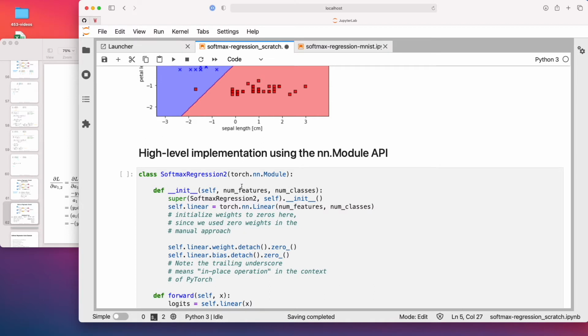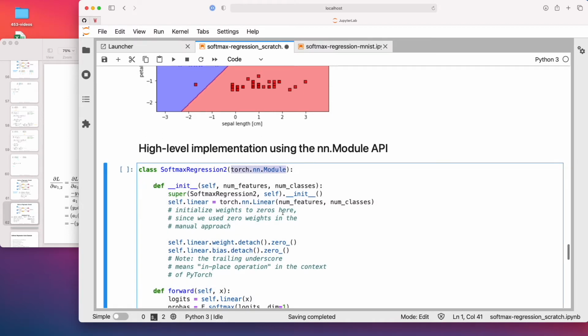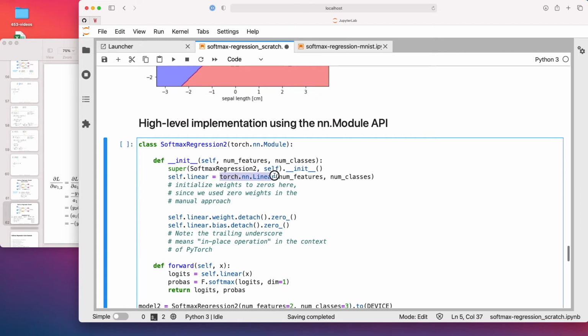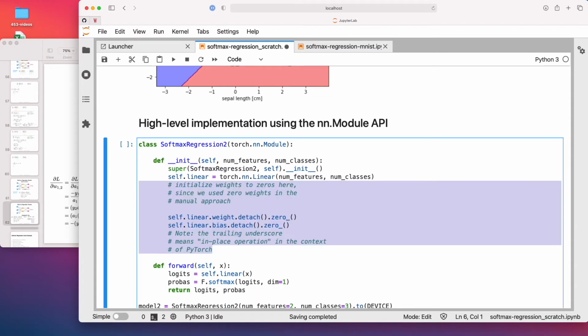Now let's take a look at how we would implement it using PyTorch's module API. The module API makes many things easier, like I said before. So we can use this linear layer, which is our net input computation here. Actually we don't need all of this part in a real application. I'm just doing this part so that we can compare this implementation to our from scratch implementation, because above I also used zeros.